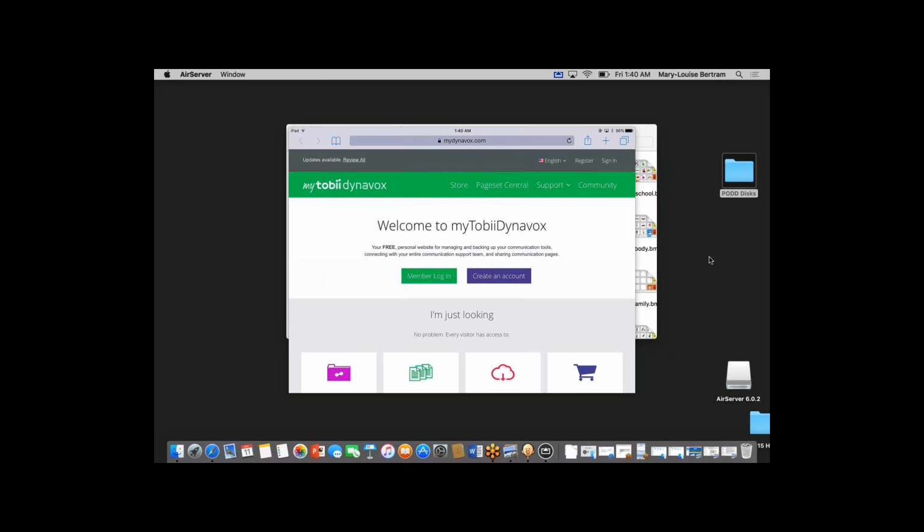So you need to register and create an account with My Tobii Dynavox. And that will give you also access to saving your page sets, sharing your page sets with other people, sharing your page sets with other iPads. You're allowed 5 iPads per account, or 5 devices. And in this support here, if we have a look,